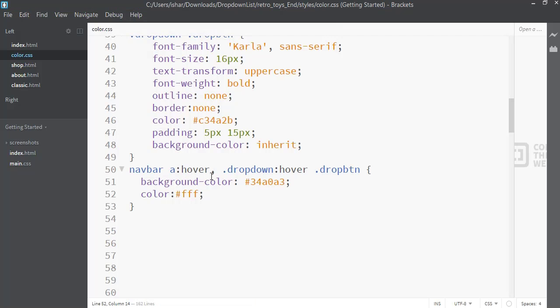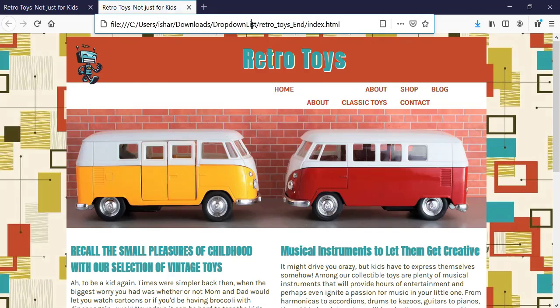I'm going to go in and apply a couple different styles here. I'm going to change the background color to my color scheme, which is this blue color, and I'm going to make it white text, to make it easy to read. As you can see here, I'm doing a:hover, and then I'm doing the drop down div section hover, and applying that background color and so forth. In that regard, if I come back in and refresh,